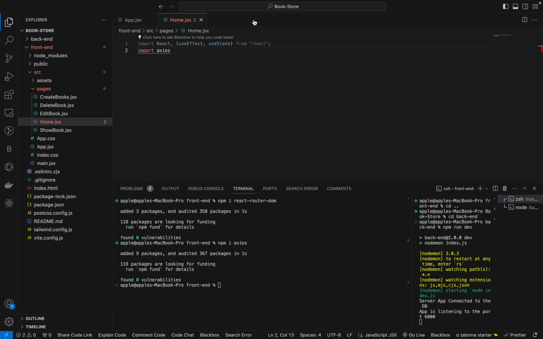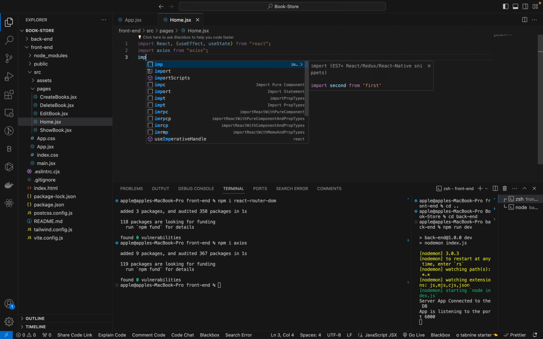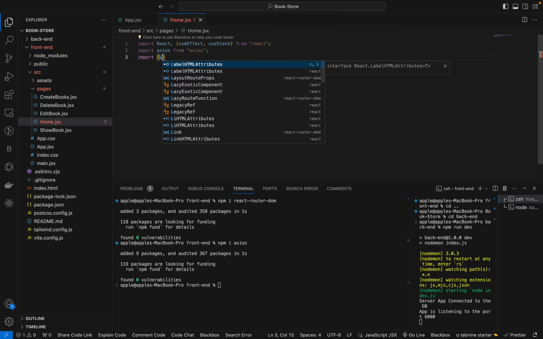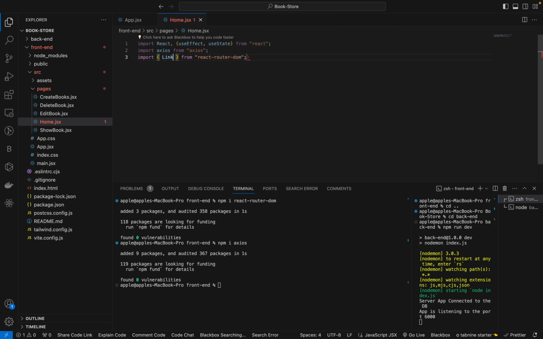Go back to the home page where we can import axios from axios. After that, what I can import, mm, Link, right? That is the main thing for routing. So Link. Next, what I can use,